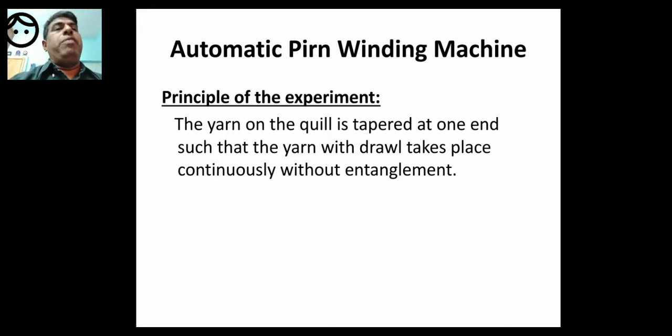Continuation of the principle of the experiment. The yarn on the quill is tapered at one end such that the yarn withdrawal takes place continuously without entanglement. So the yarn on the pern is tapered at one end. Tapering means,